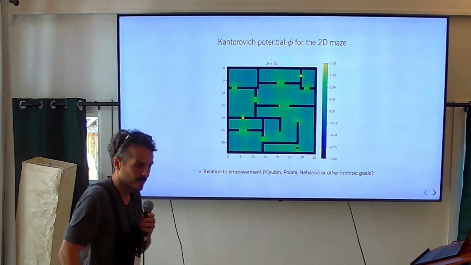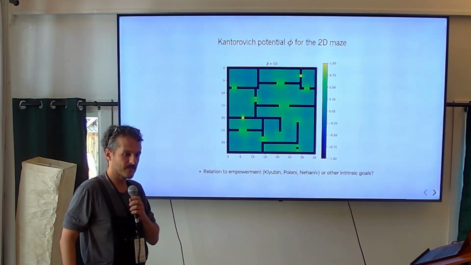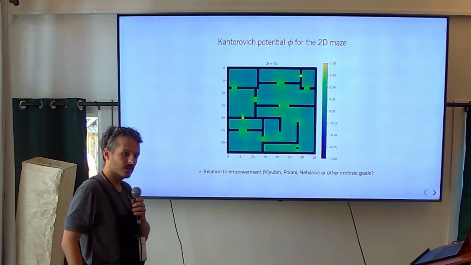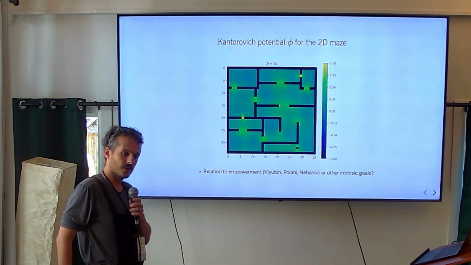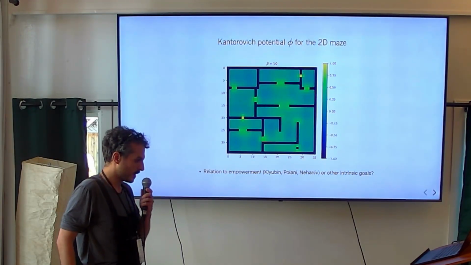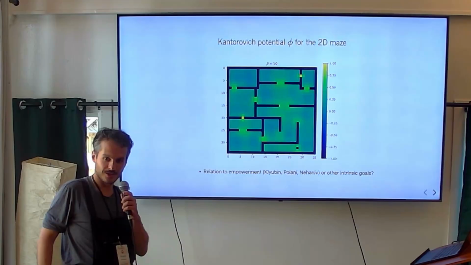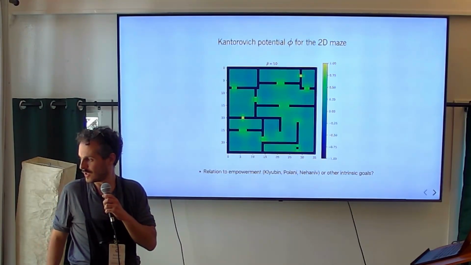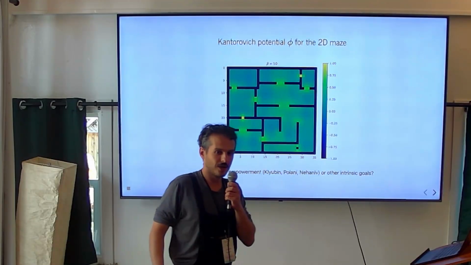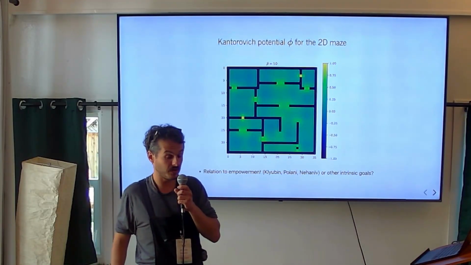So let's say you did this with an LLM. Now I'm looking at words. Intuitively, what are the words that have high Kantorovich potentials? They're kind of hinge words of some sort, or no, they're not hinge words, there's something. It'd be really interesting to run this on an LLM. It's very interesting.